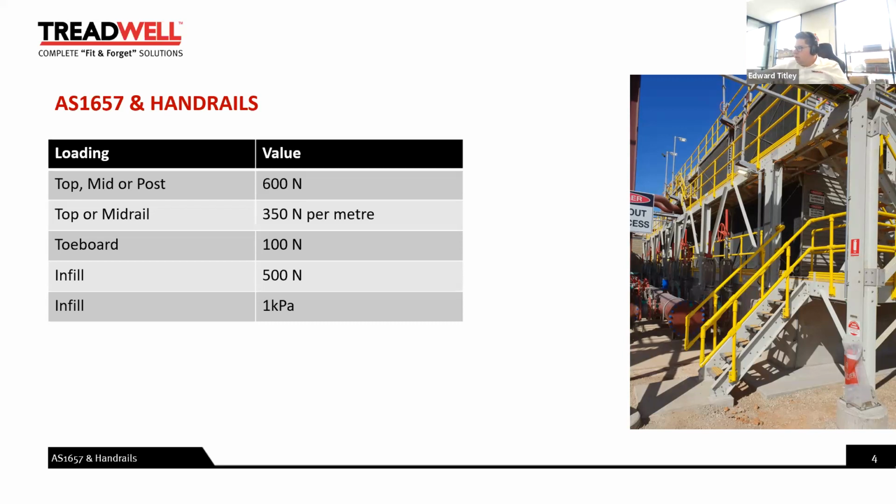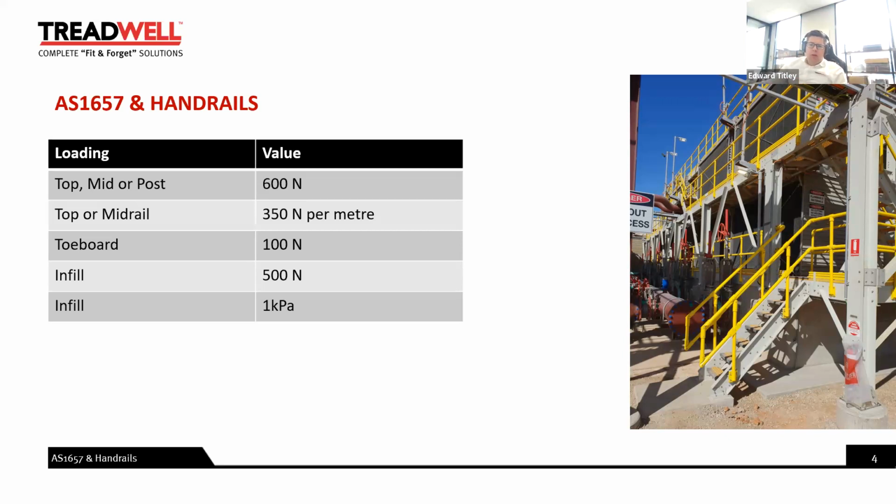There are deflection limits as part of the testing, as part of the standard. 1657 gives a detailed testing procedure, and it also gives a table of the items that have been calculated to be able to withstand these imposed actions, and therefore they can be used and considered acceptable, with certain sizes of steel and a couple of aluminium grade profiles as well.